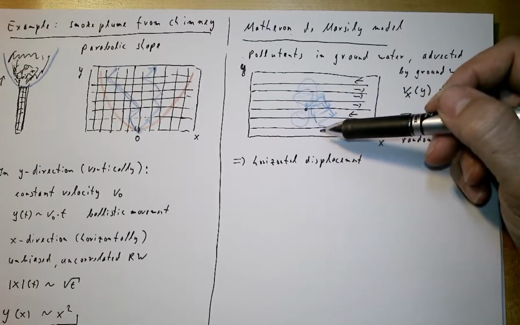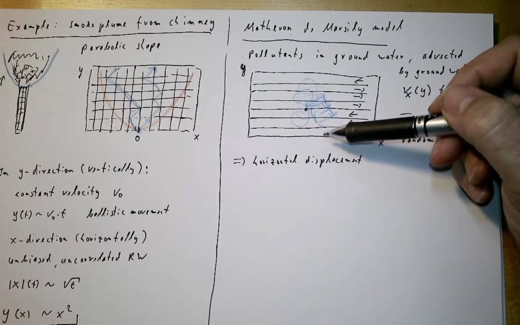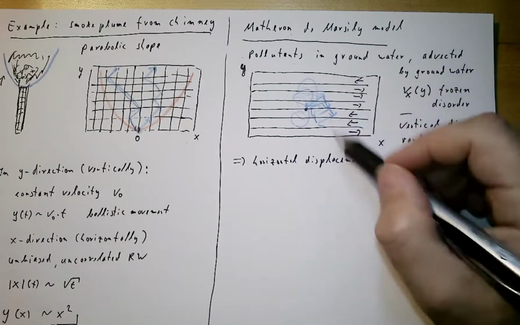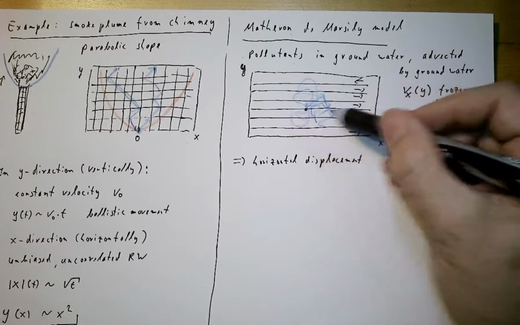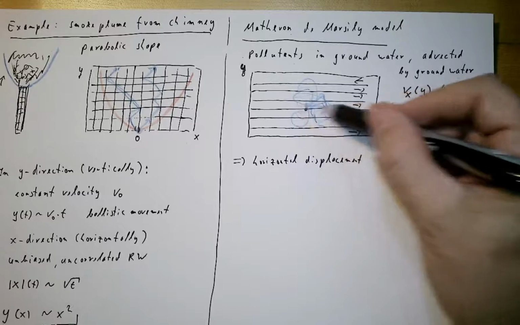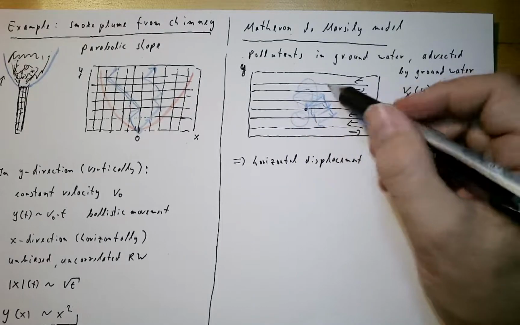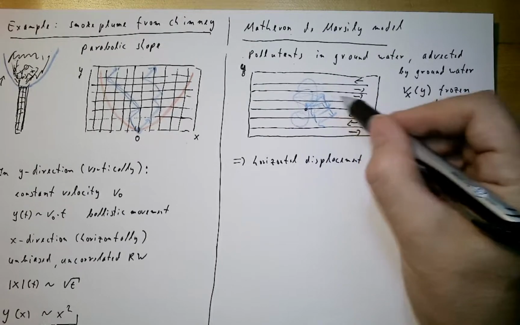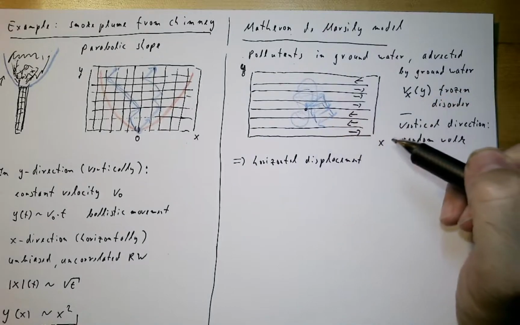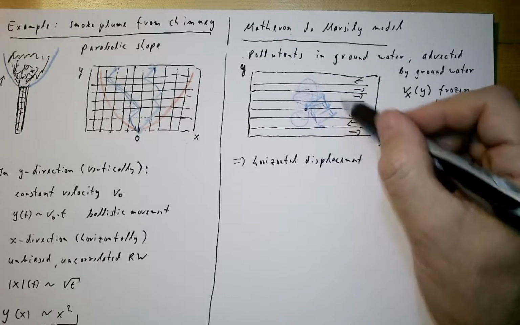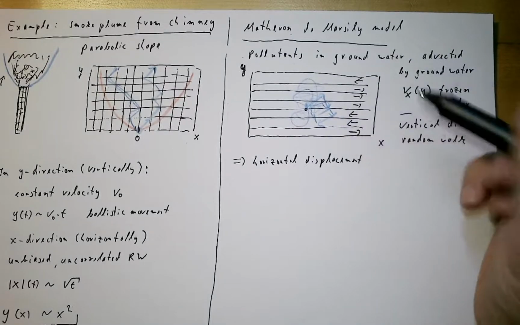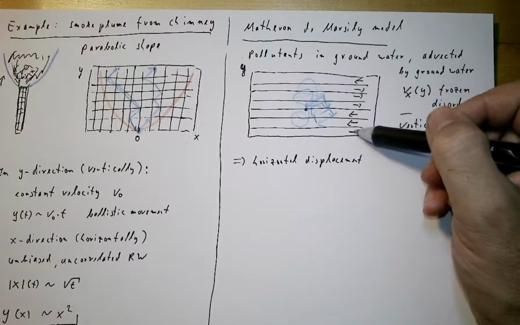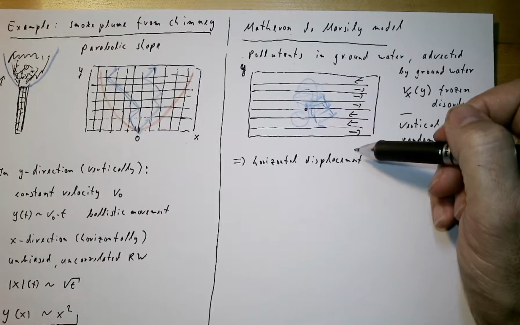And now let's see how we can calculate what's happening. So we need to calculate some correlation, some covariance functions for the movement horizontally. And then it's clear, if the particle is in the same layer, then the horizontal movements will be correlated, because then they always go in the same direction. If the particle is in different layers, then the horizontal movements will be uncorrelated, because we don't know if the movement in the layer goes left or right. So in order to have the autocovariance function, we need to know the probability